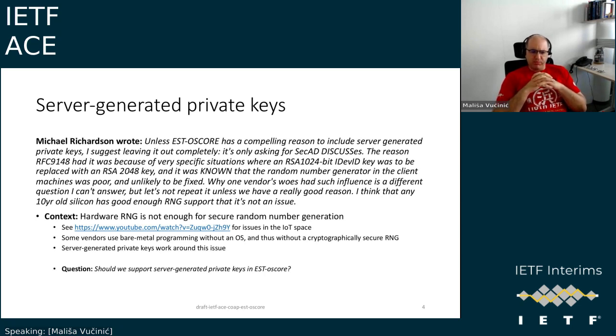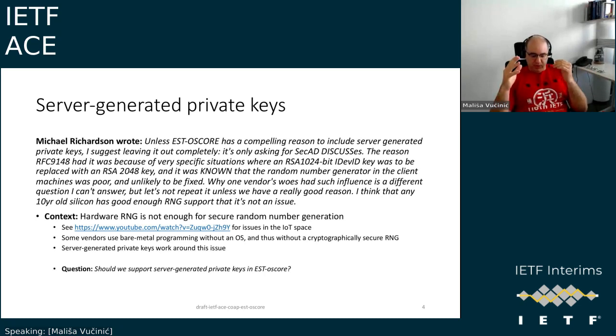There was a private exchange with Shahid Raza from SICS, who is a co-author of EST OSCORE, who is also arguing the contrary, and he posted in response a video of a talk on random number generation issues in the IoT space, where essentially the conclusion is that the hardware random number generator is not enough for secure random number generation, mostly,